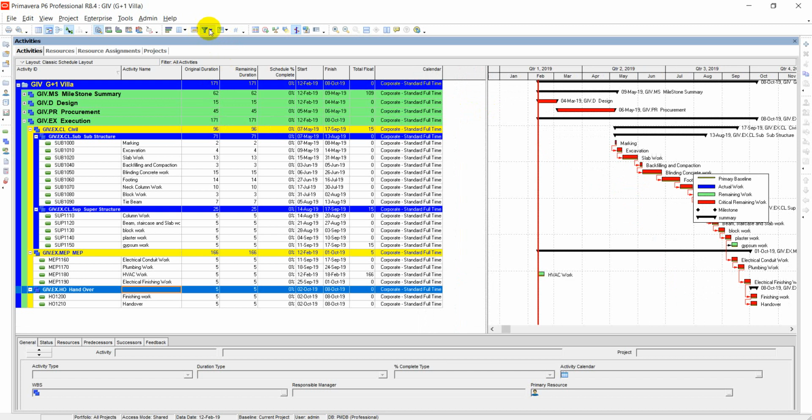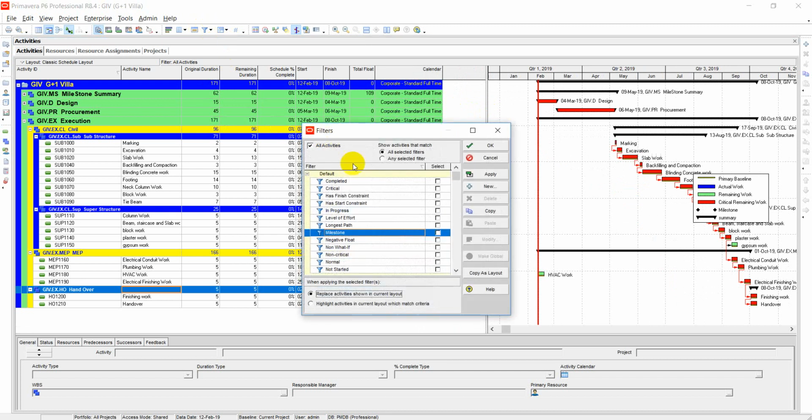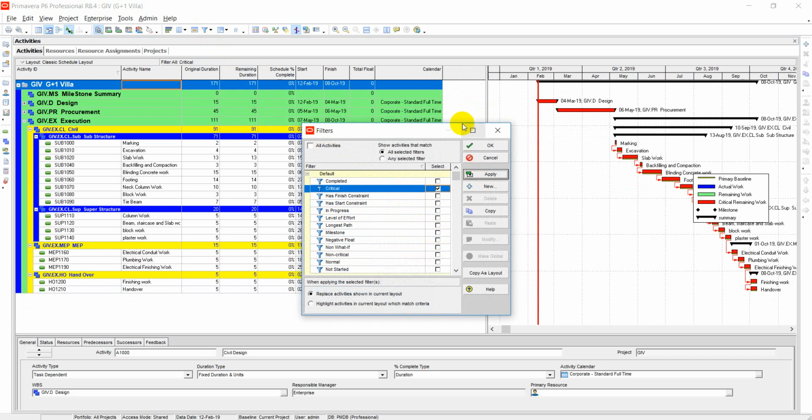I want to know which activities are on the critical path. So I will filter these activities to critical activities, filter. So these are the activities on the critical path. And if I want to check my milestone,